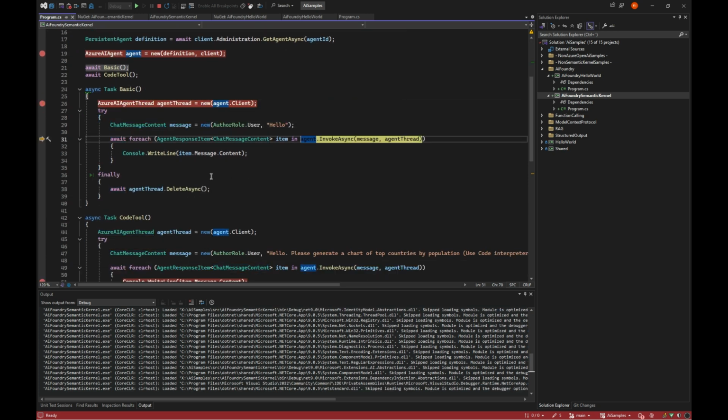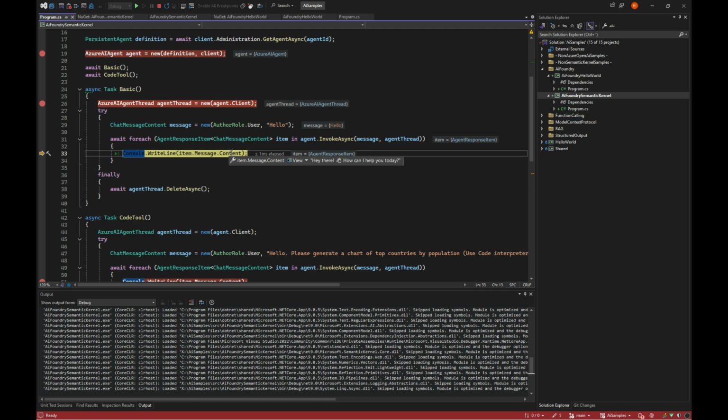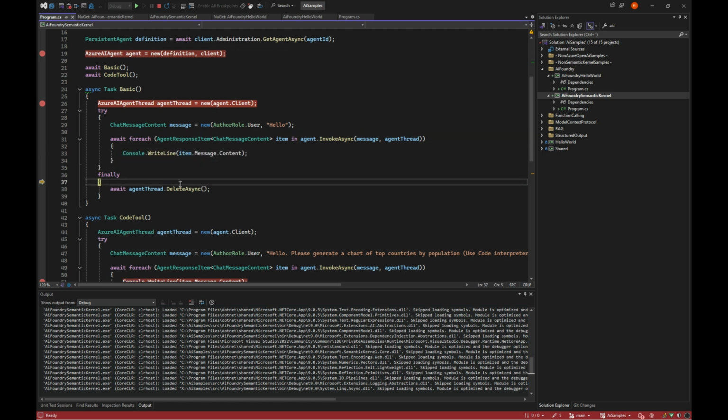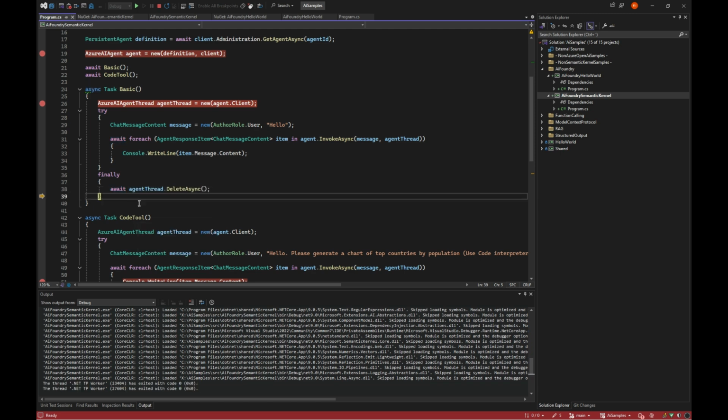we end up with a callback to the message hello, where we just get, hi there, how can I help you today? And then we can delete the thread again. That depends if you want to keep the threads and resurface them on your GUI and so on. But for this simple demo, it's easier to get rid of the thread again by deleting it.